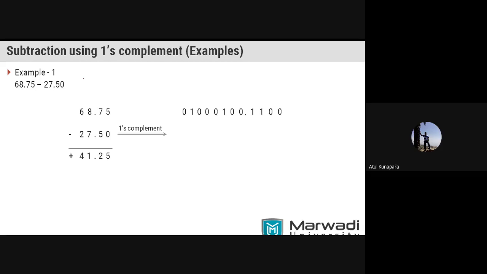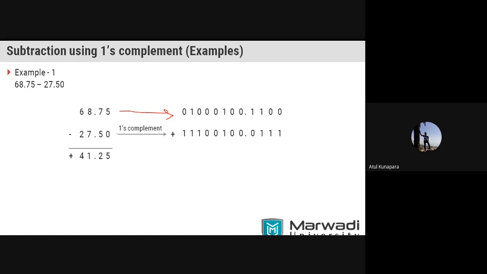Right now here we are taking the 12-bit form of representation. So 68.75 in the 12-bit binary system can be represented like this. I'm not showing you right now how you can convert this number to this one; you can perform that on your own. We already have understood that method: how can we convert this decimal number into binary? Now this is the binary number system, and the binary number of the 27.50 will be this one. This is actually the first complement form.